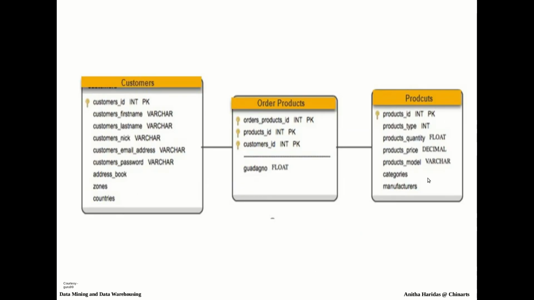This is an example of a star cluster schema. You will have the customers, order products and the products, right? So this becomes your fact table and this becomes the dimension table. So everything can be combined together, all the products combined together, customers combined together, and you will have a fact table that contains information about both customers and products.